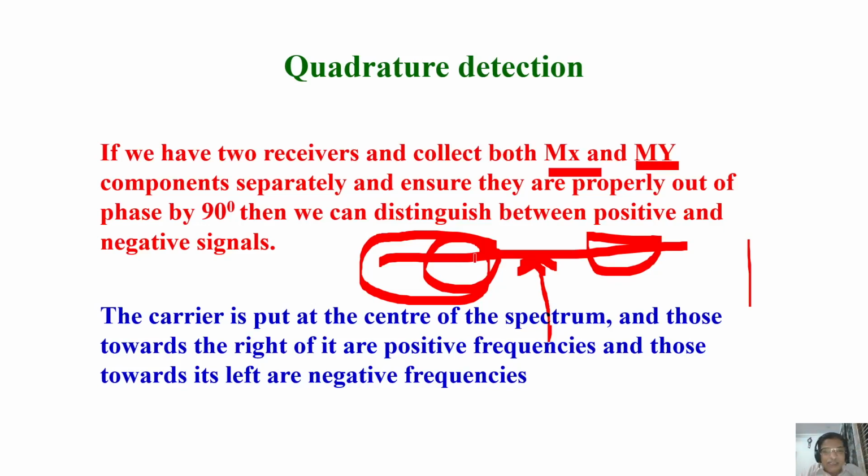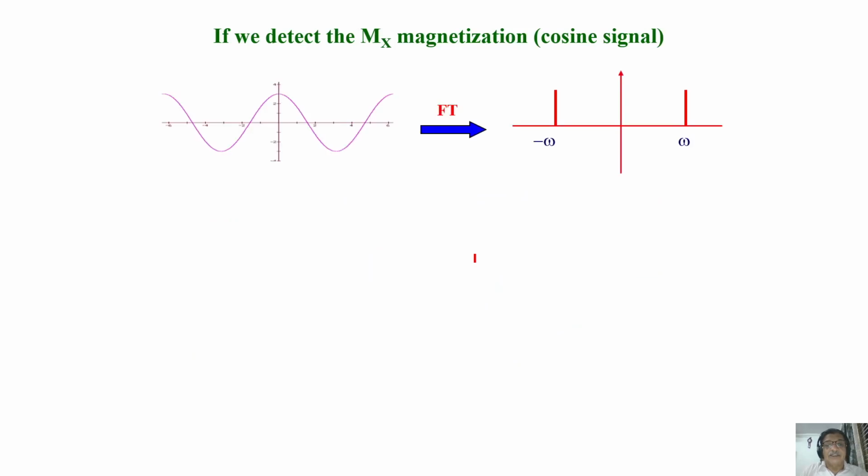It is only a manipulation of the Euler function equation. You know that e to the power of minus i theta is a cosine function plus i sin theta. So we do mathematical manipulation in such a way that by adding and subtracting signals, we can detect only one component. That is possible. This is called quadrature detection.